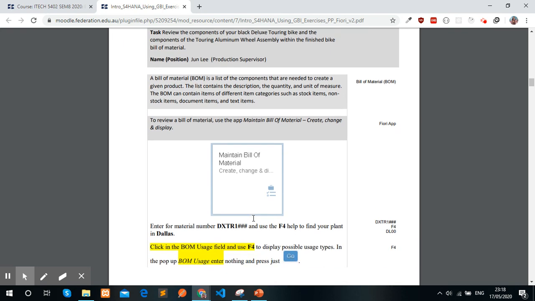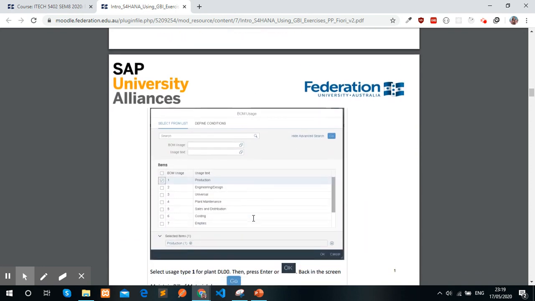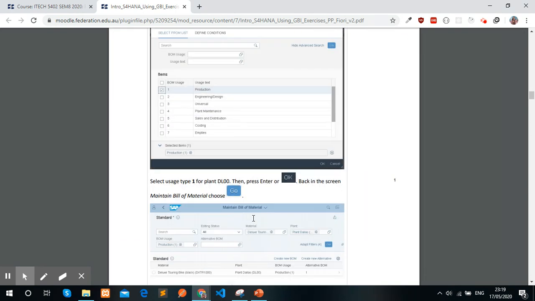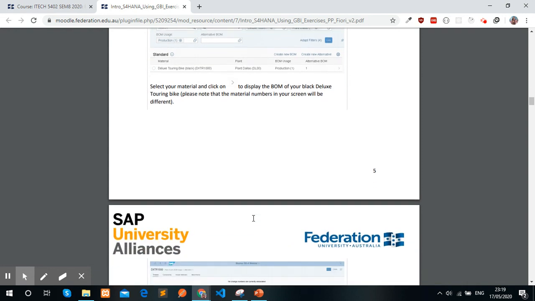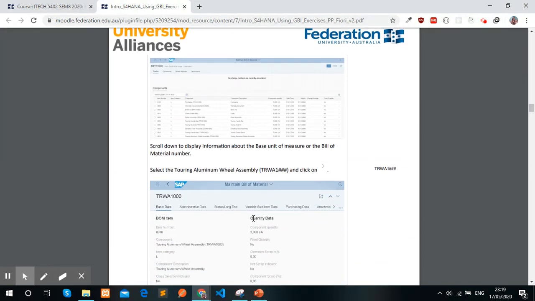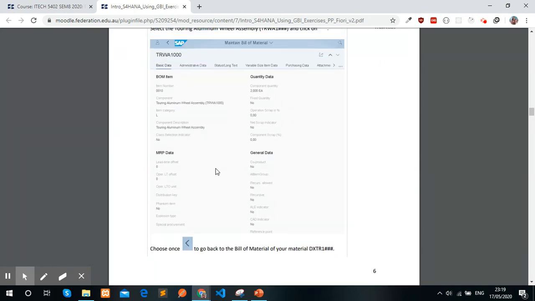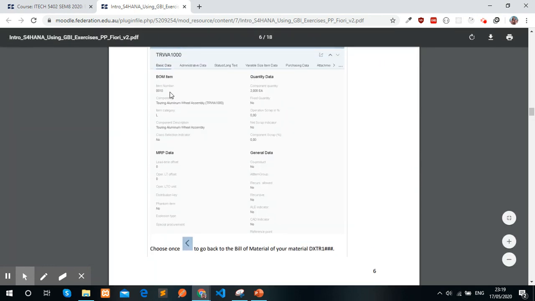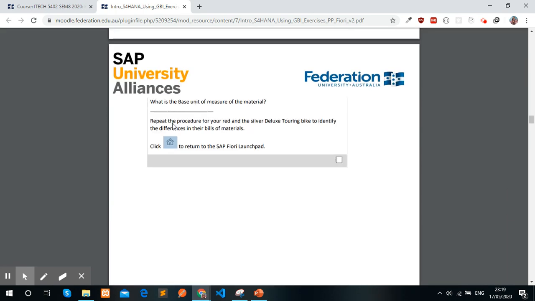By selecting the material numbers field, we can get the required materials and all the components of the materials. By selecting the material, we can see all the required data very easily, as we can see on this screen, such as the MRP data, general data, quantity data, and also the BOM items.